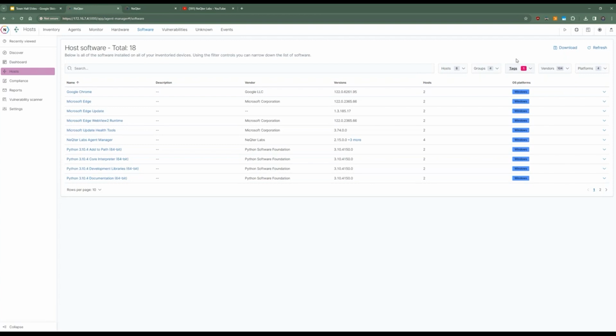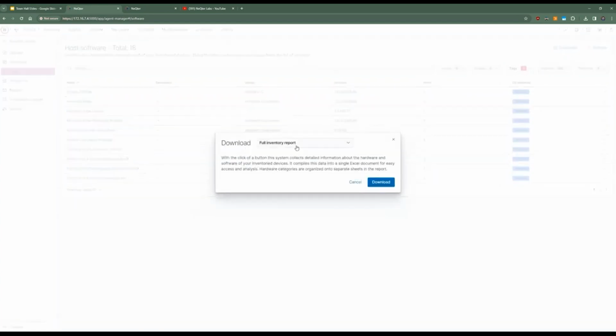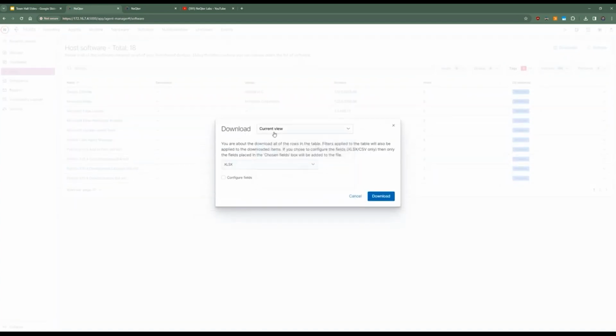So it's just a way to better organize your thoughts, organize the data, and say, you know what, I want to select this tag, but you can select multiple ones too. So maybe you say, I only want printing servers that are on the shop floor, for example, and then filter that. And then if I download this current view, now I'm only going to get a software list of printing servers that are on the shop floor. So just a little bit of organizational ability that we had with that tagging system.